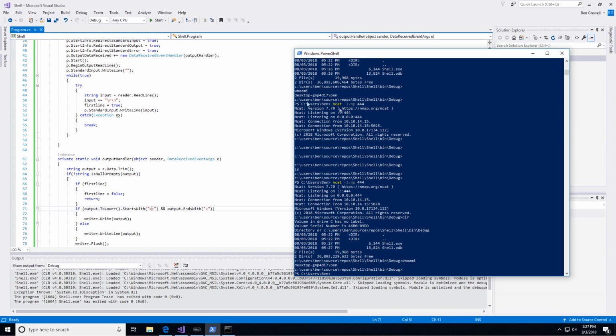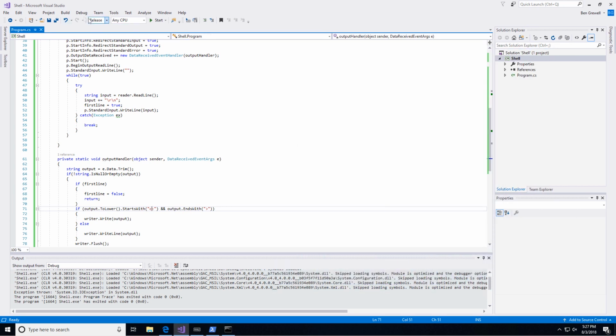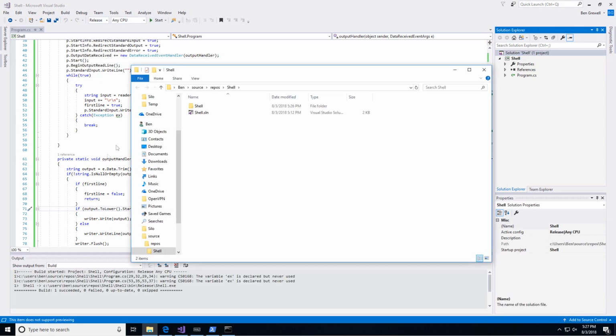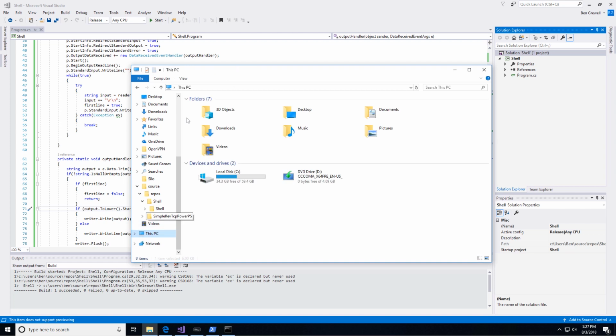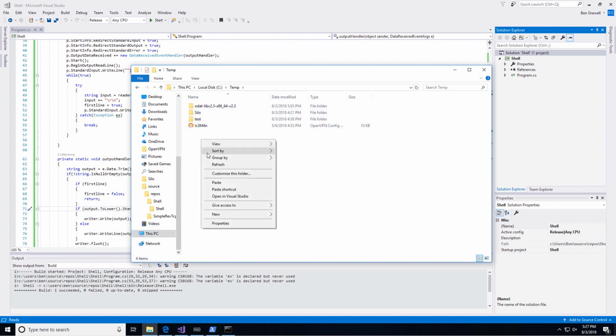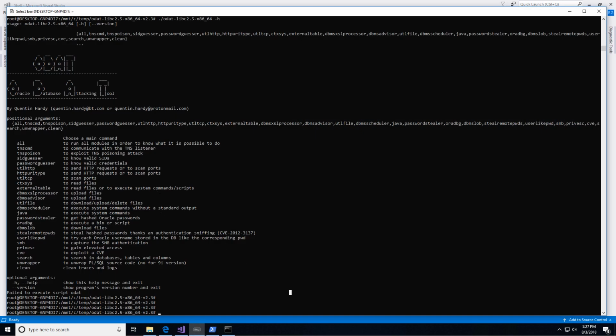Let's see if we can catch a real shell now instead of locally. So we'll go ahead and do a release build, even though honestly it doesn't matter. Shell, bin, release, shell.exe, we'll copy it. We will throw it in temp. Let's just throw it in here, since that's where we're working out of. So we're listening. Let's go back to our Kali,